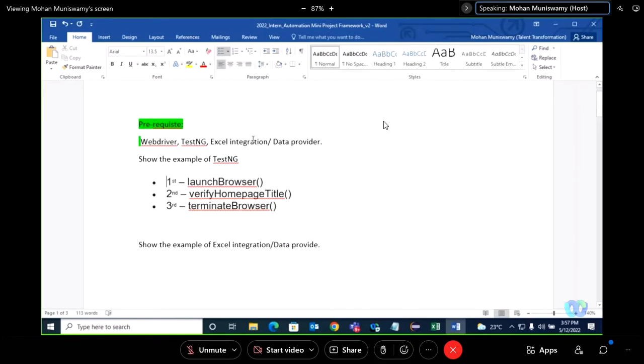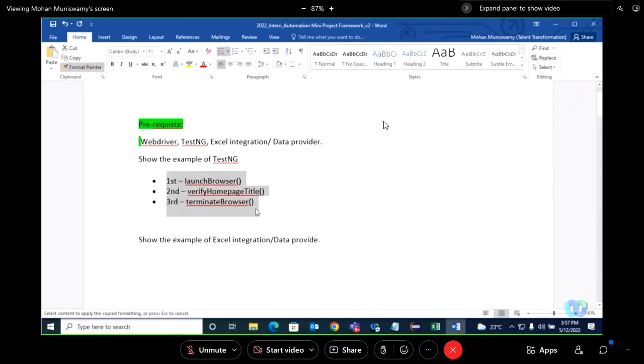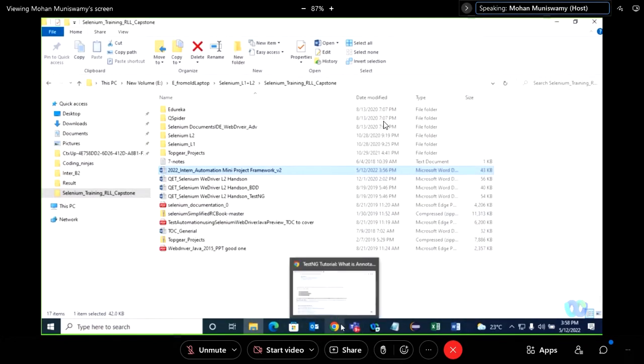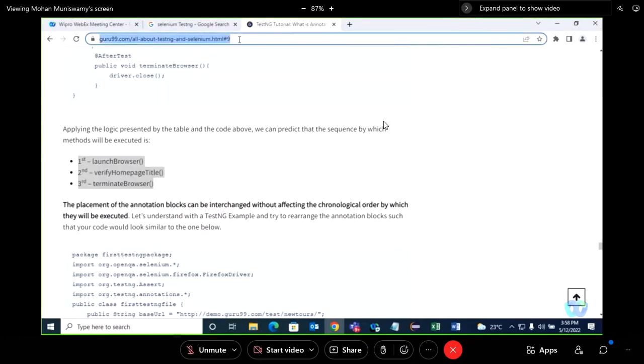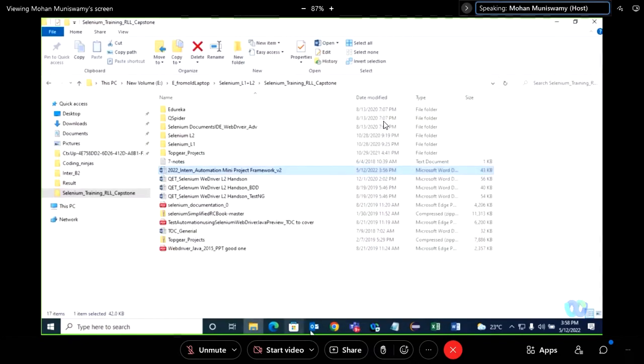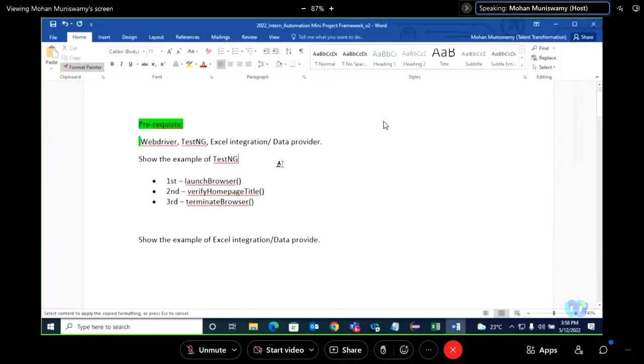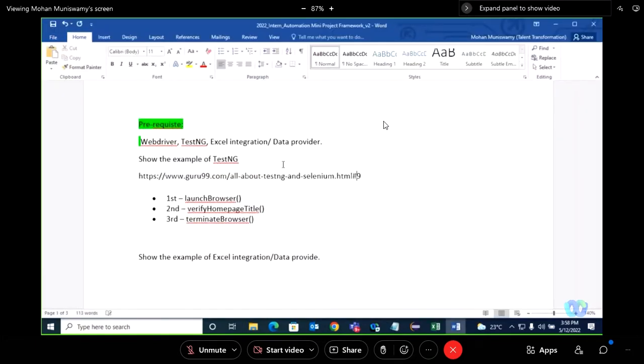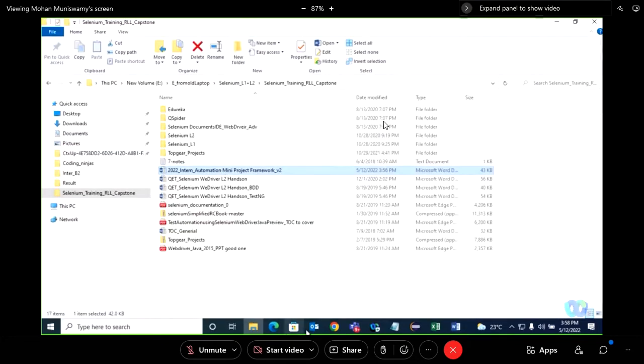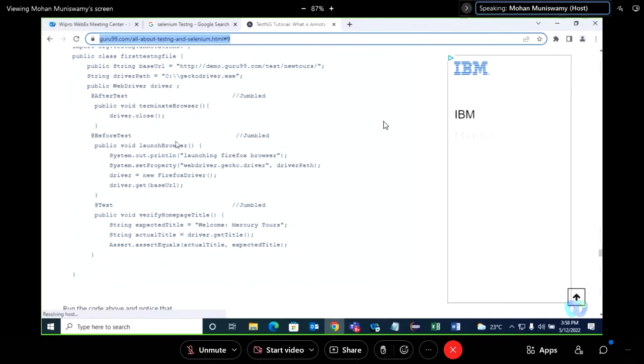You need to tell me how do I launch the browser, verify the home page, whether you are on the home page or not. I have also given you that link. If you guys are telling me that I didn't attend, these excuses, the link is also given to you. Correct, no? So that your learning happens faster. This part you need to show me first. After doing this one,